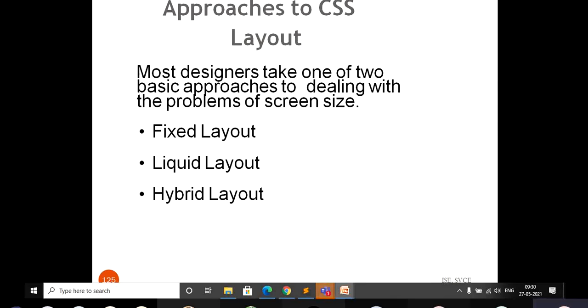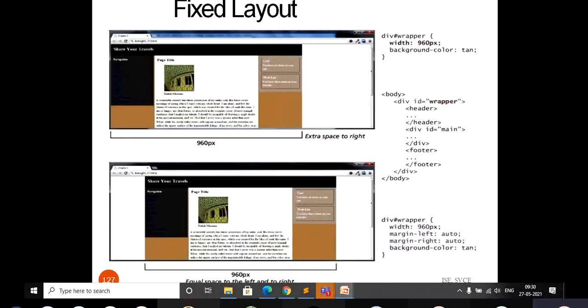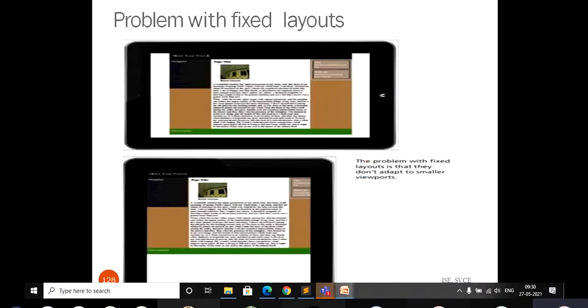Whatever the window size may be, because normally we use different window sizes. You may be viewing the content on different devices, a mobile phone or tab, or a laptop. So the window size varies according to the screen size.